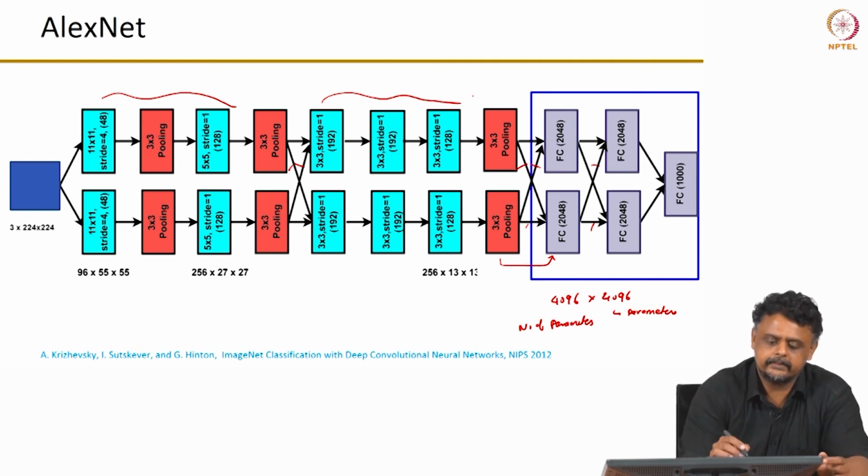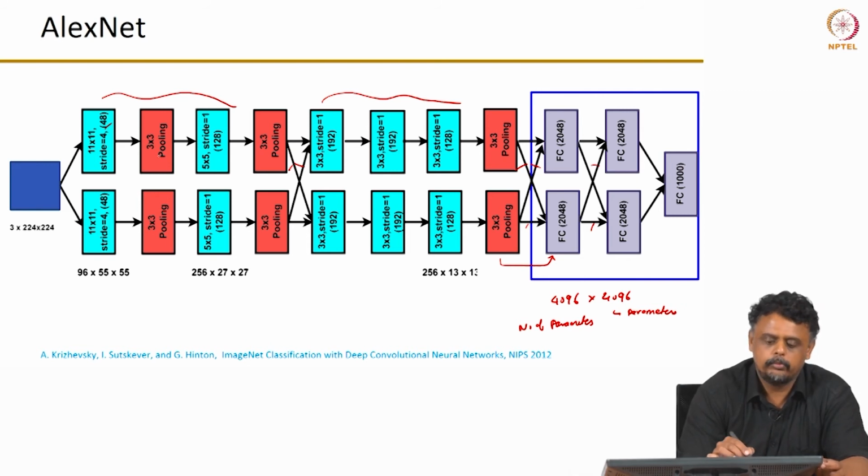So, let us say in this particular layer, this has 48 feature maps, and we do a 3 by 3 pooling, but the pooling operation only draws from these feature maps. And when you do the subsequent convolution with the 5 by 5 kernel, the 5 by 5 kernel acts across only these feature maps. That is why we call it